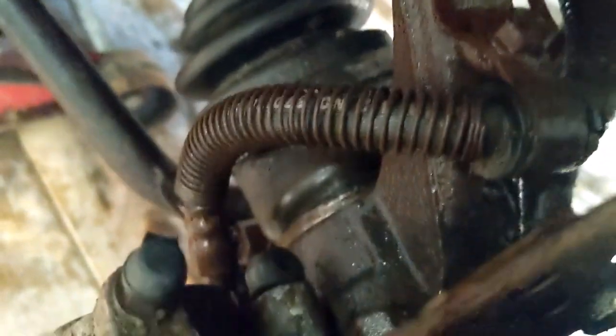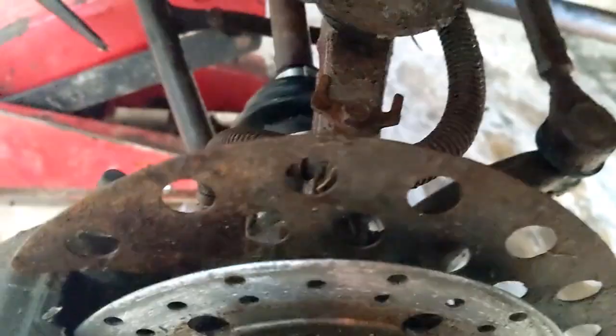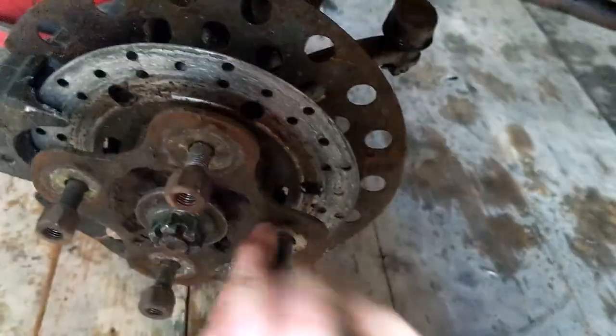It's pulled so hard on the joint that it's torn the boot off. The joint seems okay, but we'll have to see how worn down the surface of the axle is. On the other side,